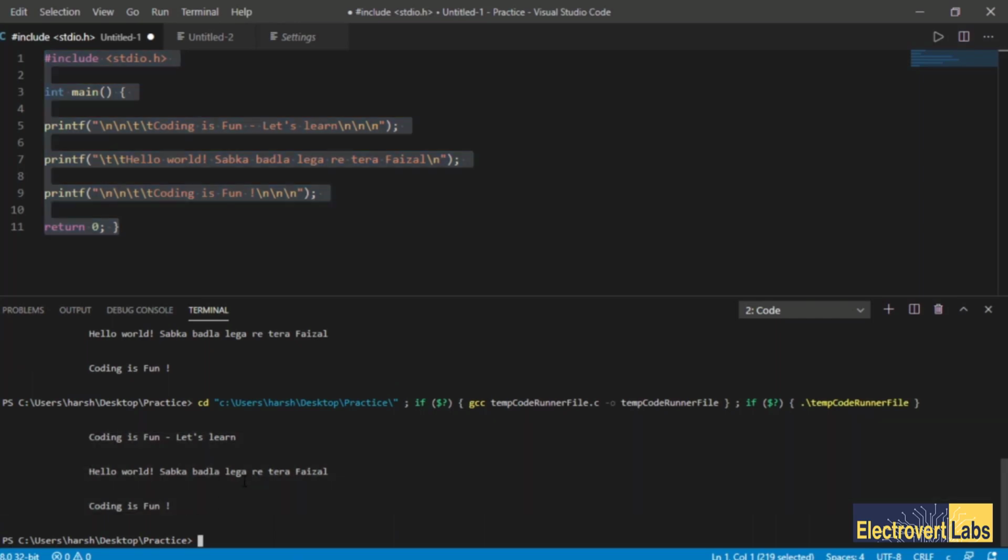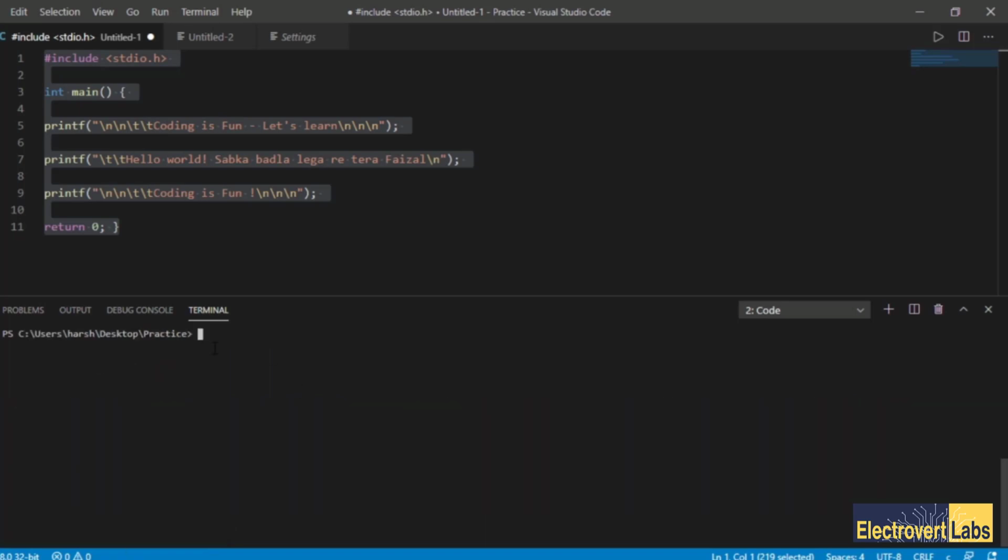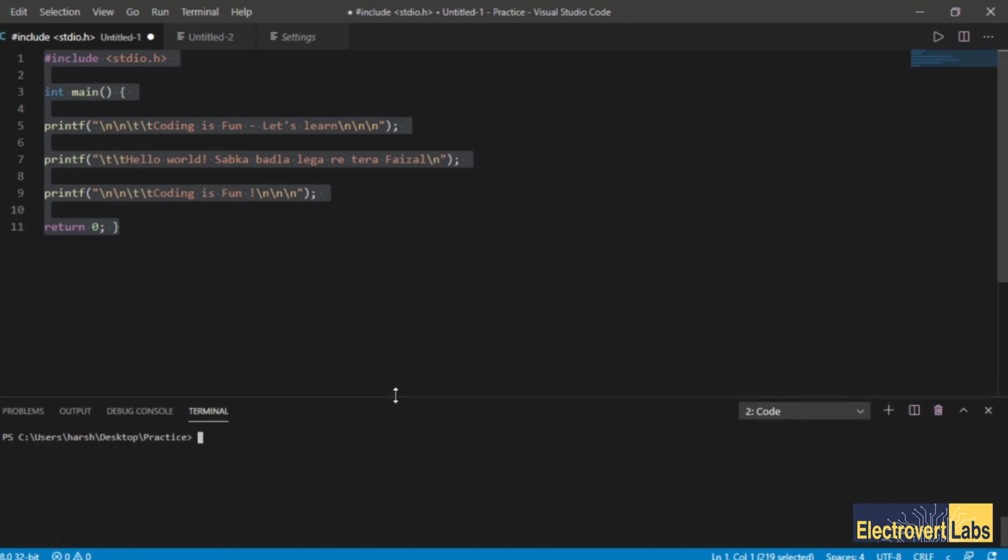So this will be very fast for you. You don't have to save it, then go to the command prompt, then run it and execute it. You will be doing everything from here only, and the time will be saved for you. I'll just clear my screen because this is your command prompt only. I can use all those commands that we were using earlier in the command prompt.